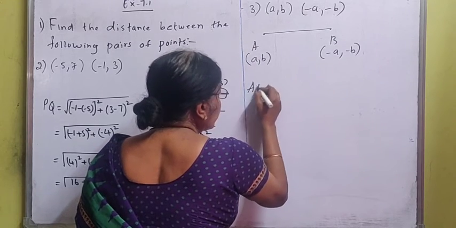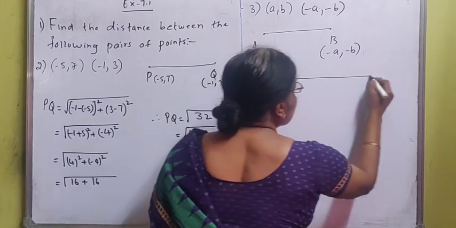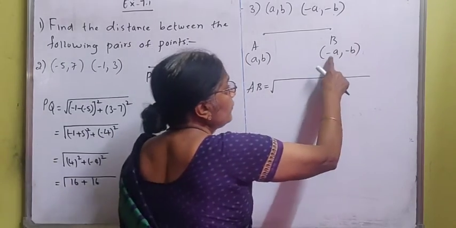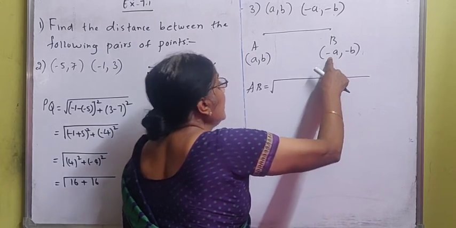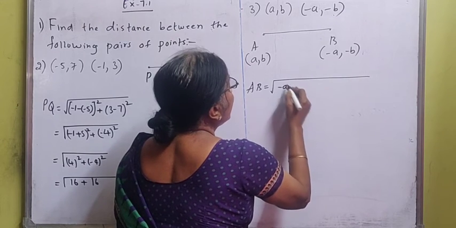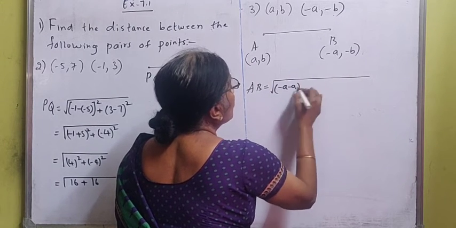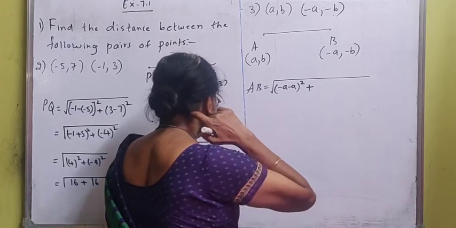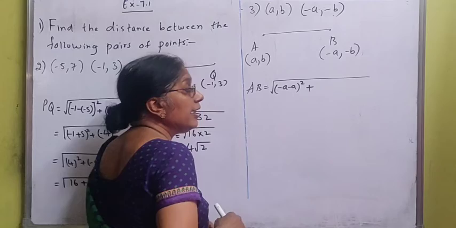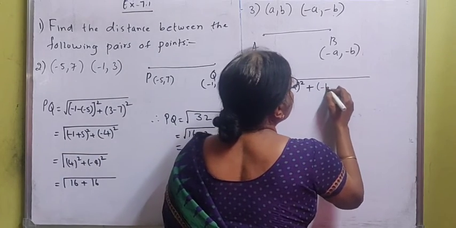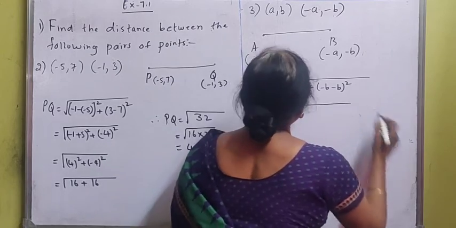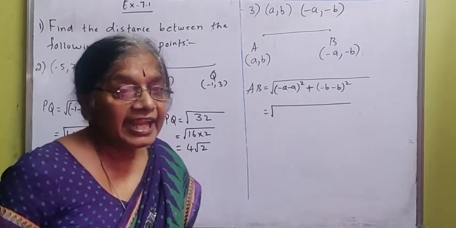So we have to find out what is AB over here. The same distance formula. What the distance formula says: x coordinate of B minus x coordinate of A. So what is the x coordinate of B? It is minus a. Minus a, the whole square, plus y coordinate of B minus y coordinate of A. So that is also minus b, the whole square, is equal to square root of